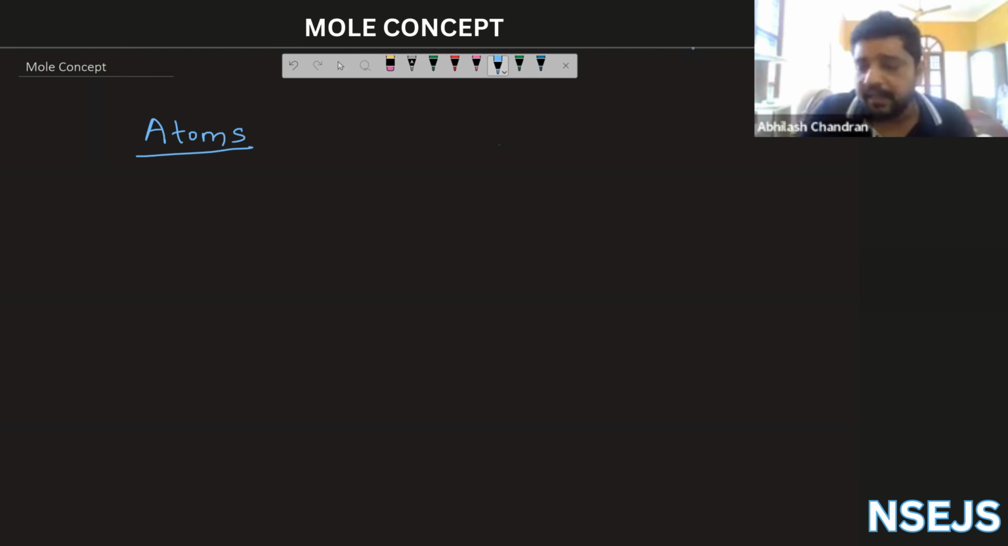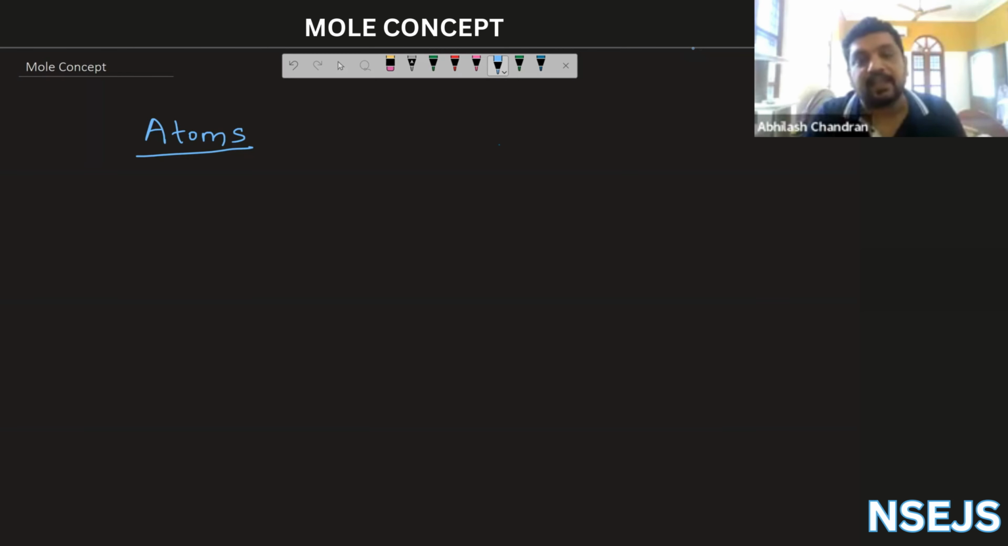Dalton's atomic theory speaks of what he calls atoms as the smallest indivisible particles, and says that atoms combine in simple whole number ratios to make up molecules and so on. I'm not going into the details of Dalton's atomic theory. I'm pretty sure you have heard of this and you've seen the counterarguments against it, how atoms are not